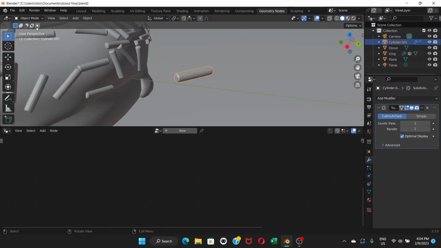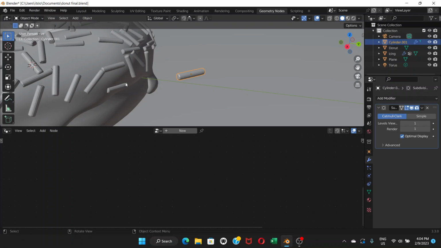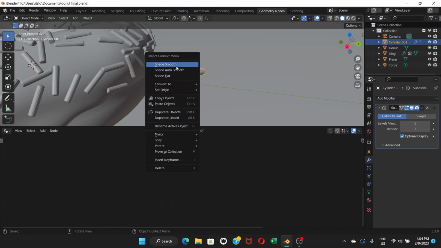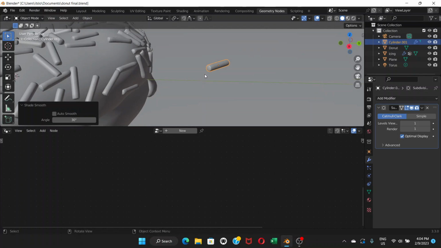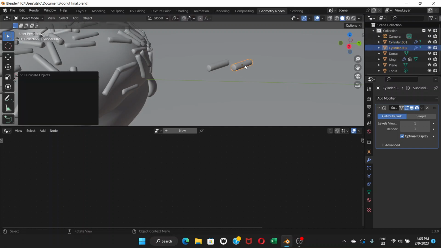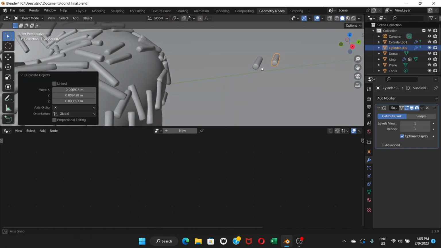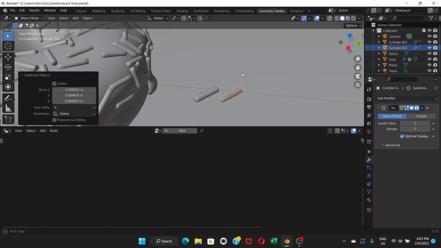Let's come back to object mode. Okay, now right click and shade smooth. It's gonna look good. Okay, now what we're gonna do is we're going to duplicate this sprinkle. Select this and then Shift D to duplicate and drag it here. Okay. Now what we're going to do is